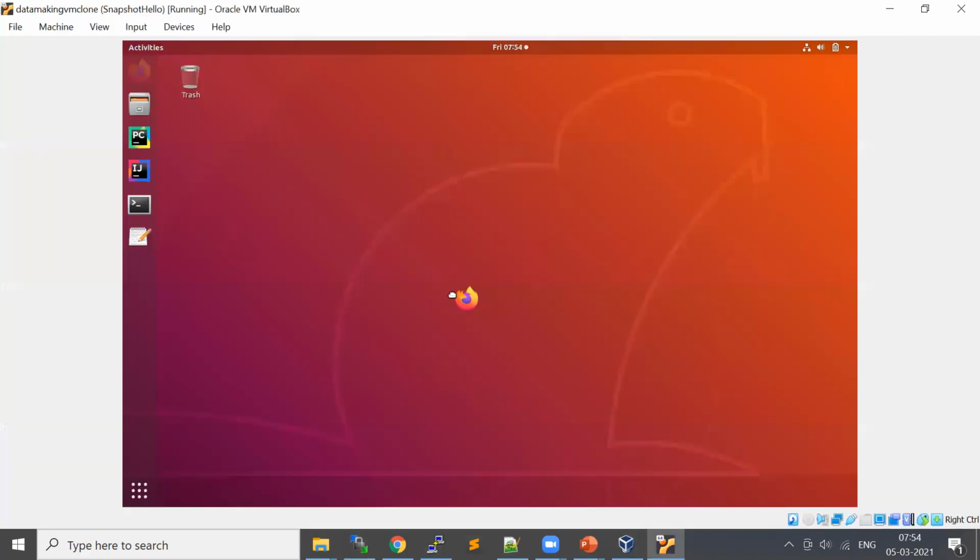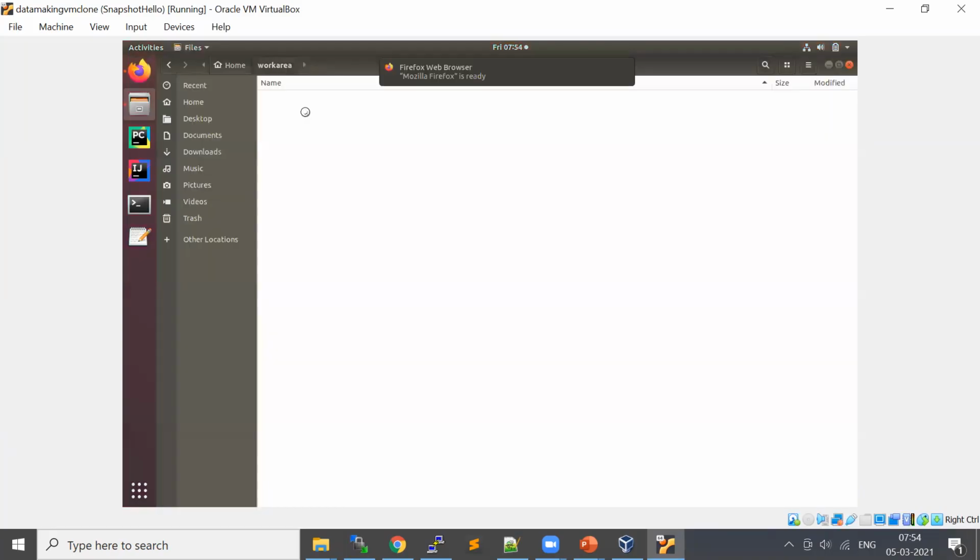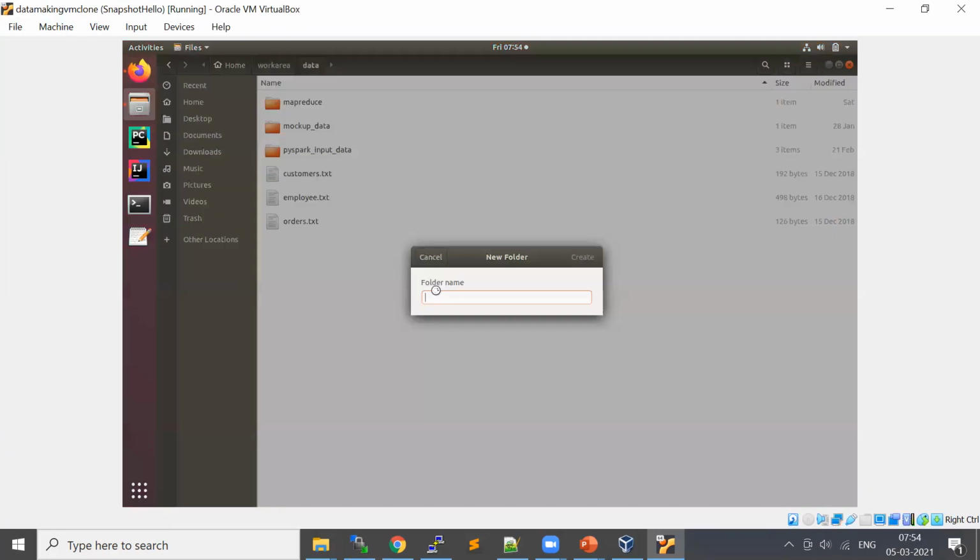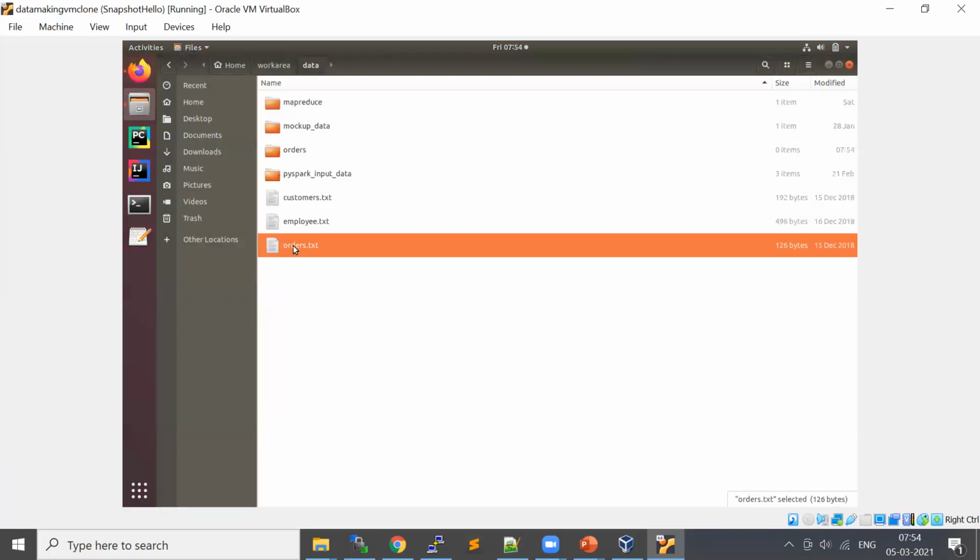Work area. We need to provide a directory, so just create a directory, and I'll place this file over there.